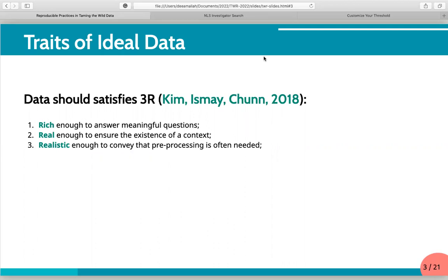And if you build a data analysis with the data, then you can draw many insights from it. Real meaning that the data provide the context to the data user, and realistic, which means that the data does not always come in tidy form. It could be messy, and then pre-processing is often needed.